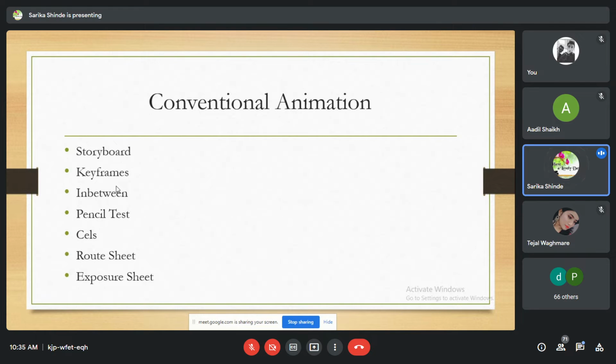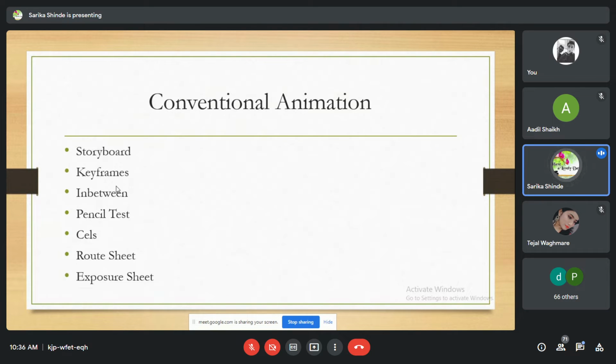Okay. Next is cells. Instead of applying animation to all objects together, the animation scene is decomposed into small parts called cells. Next step is route sheet. Route sheet is one of the best methods to know exactly how each step of the project has progressed toward completion of the project.